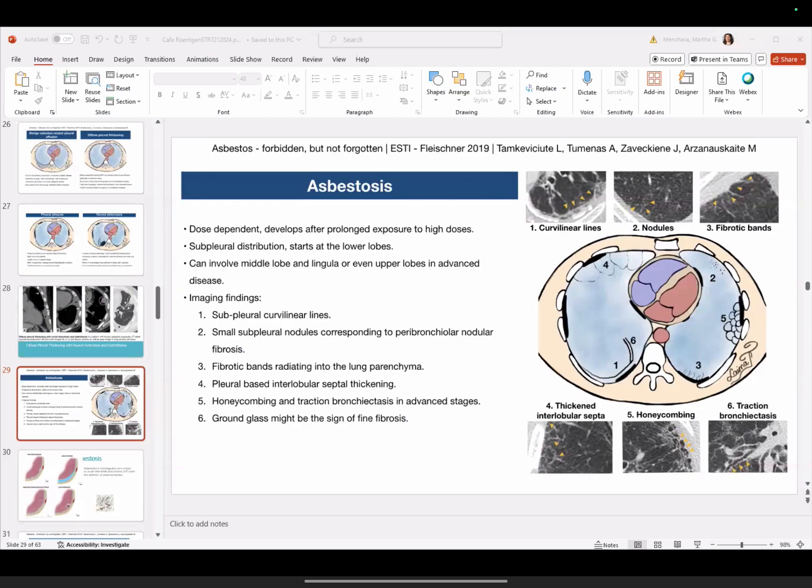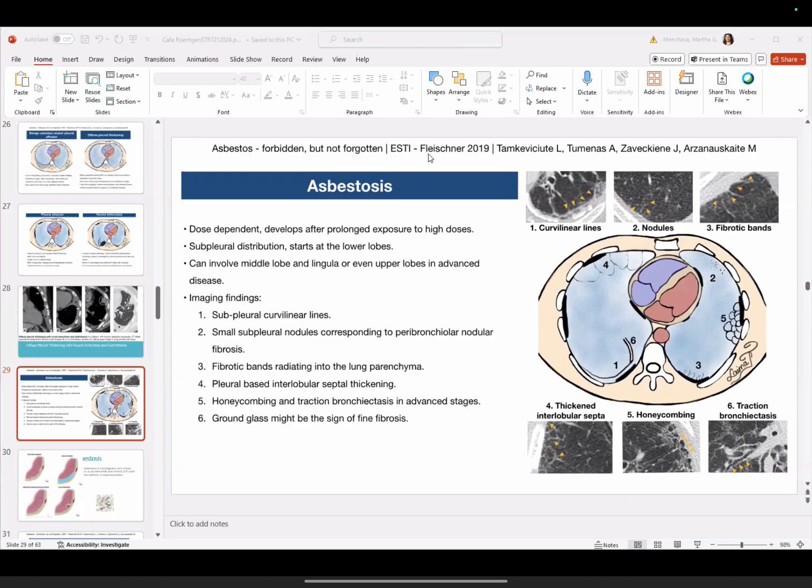Let me add one thing, Martha. I remember one case we had when I was doing my residency. One place where I think women get exposed to silica in India is flour mills, the atta chakkis, because there are some places with flour mills having specific machinery which does expose them to silica. So that is one history which we have observed in women who have got silicosis, just for the audience. Okay, great. That's very interesting.